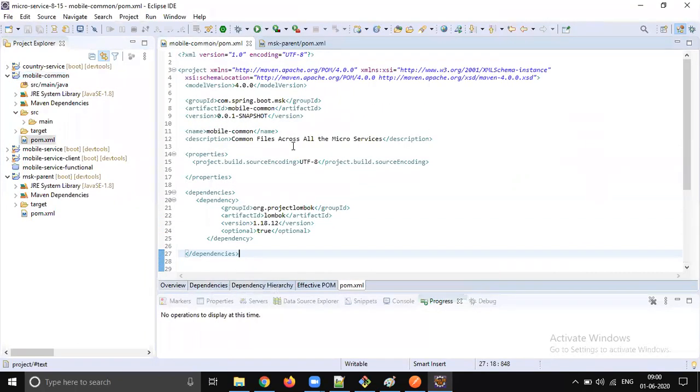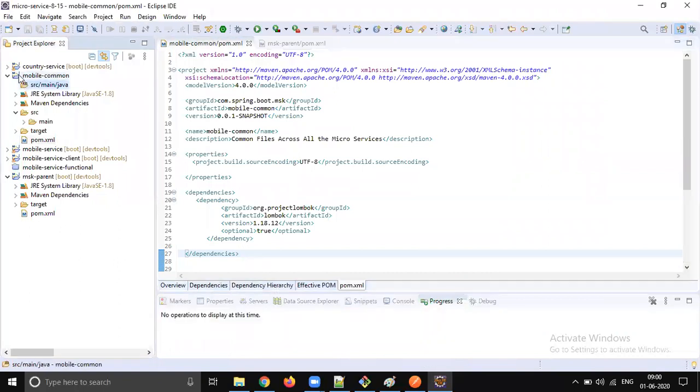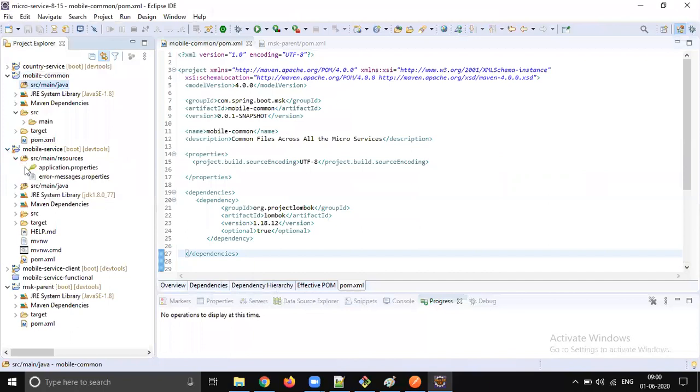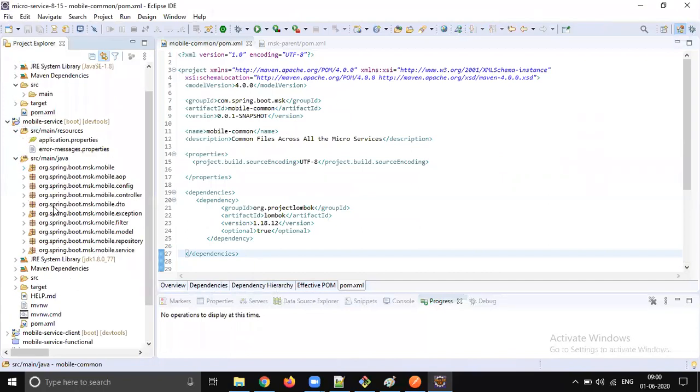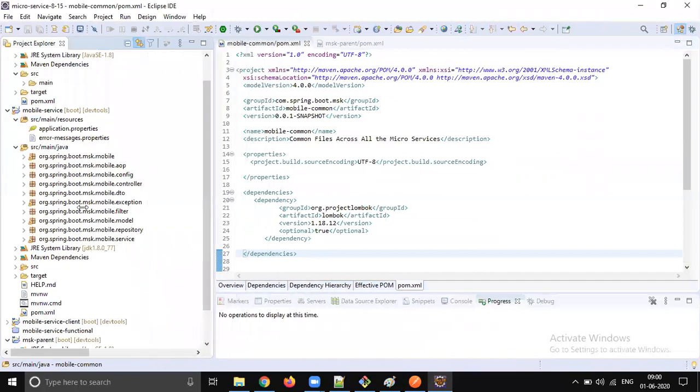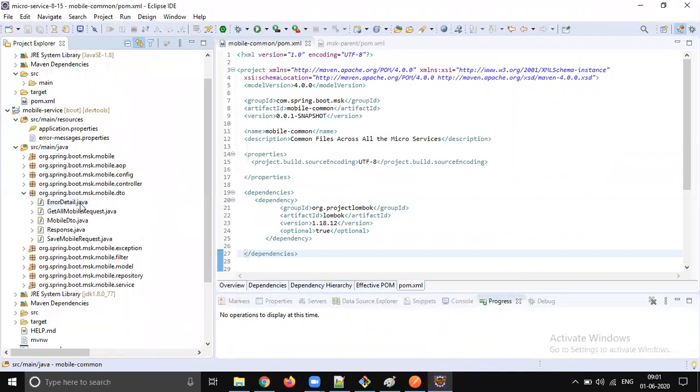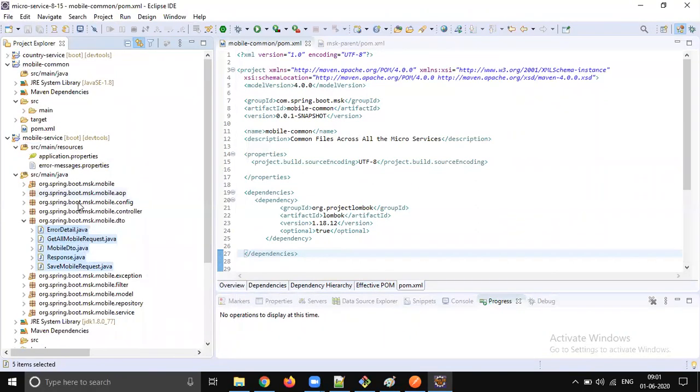So now let's move the common files here, right? So let's go to country service, or else let's go to mobile service. Whatever the common files we have here, the DTO files, right? So this DTO can be moved. All these files, let's copy and move them into mobile contact.